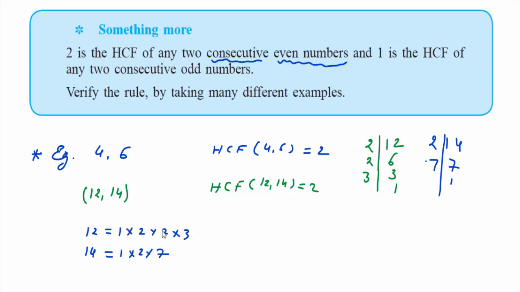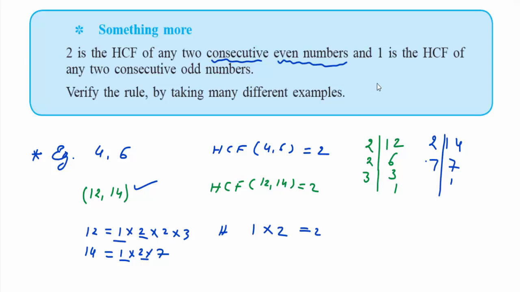Students, what are the common? यहाँ पे common कौन सा है? Numbers common कौन से हैं? Here we have 1 multiply by 2. Only one is this, 1 is common, and 2. 1 and 2. So as we have this statement, 2 is the HCF of any two consecutive even numbers, it is true by using the examples. जो हम लोग अभी examples देख रहे हैं. So 2 1s are 2, that is the HCF of 12 and 14, जो हमें true है ये statement.